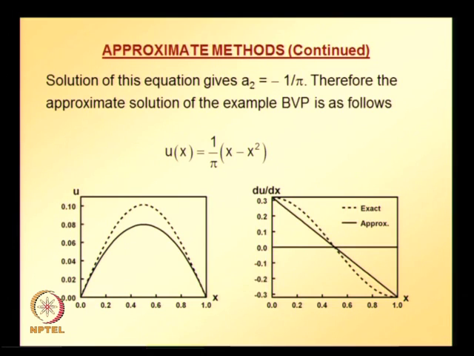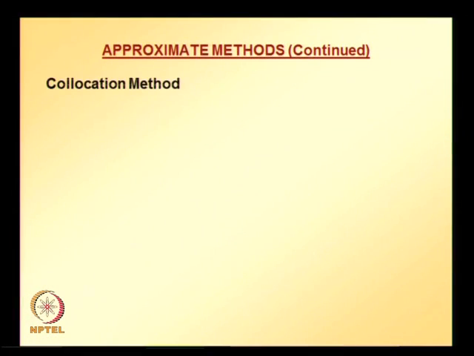So now let us look at the other weighted residual method, that is the collocation method. Basically, in the collocation method, we will force the residual to be 0 at some chosen point, and the selection of that point is totally arbitrary. So the residual at xi is equal to 0, that is, we are actually forcing the residual at point xi equal to 0, and please note that this equation can be written in this manner: